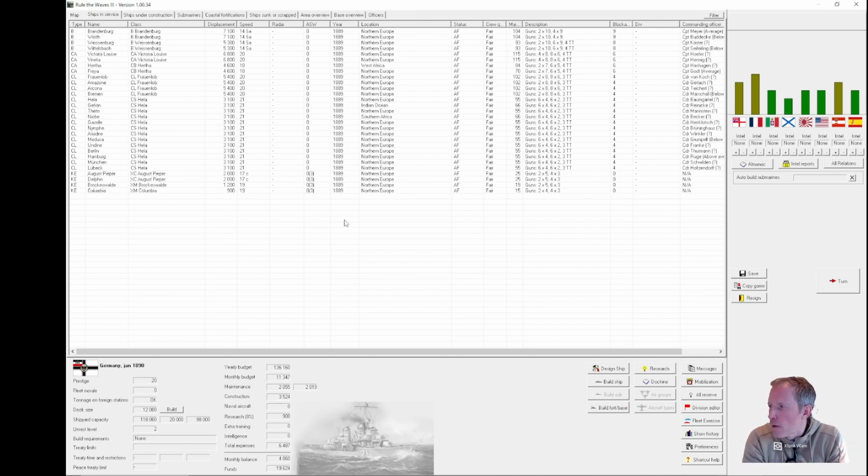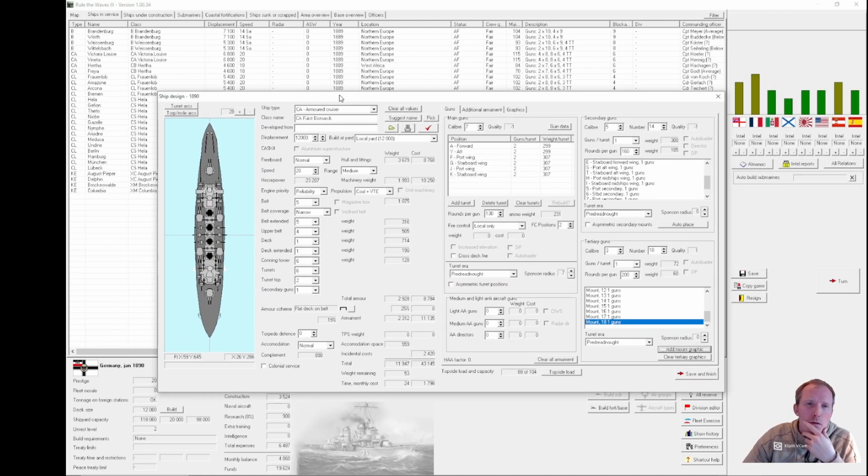Yeah, so I've had a big think and considered the existing fleet and our technology, or rather lack of technology. So I've figured that we need to up our cruiser game. Battleships at this stage are not good, so you might as well build a cruiser that's basically the closest you're going to get to a battleship. So I present to you the CA Fürst Bismarck, and you'll note that I have